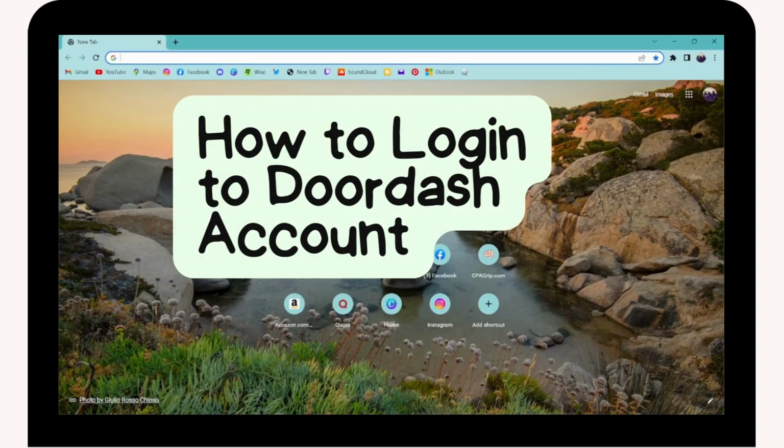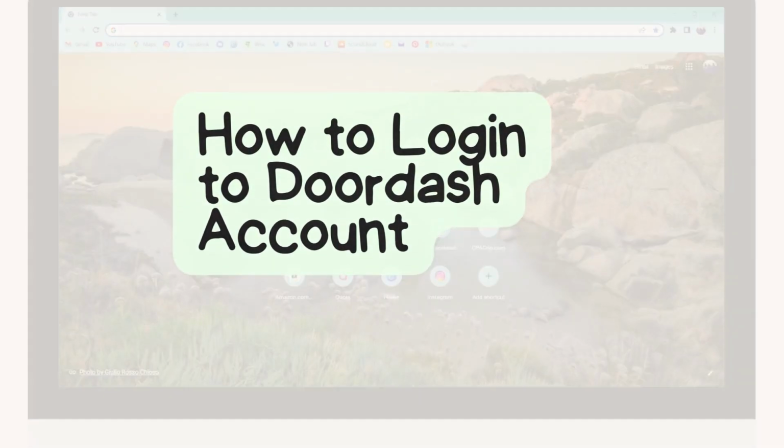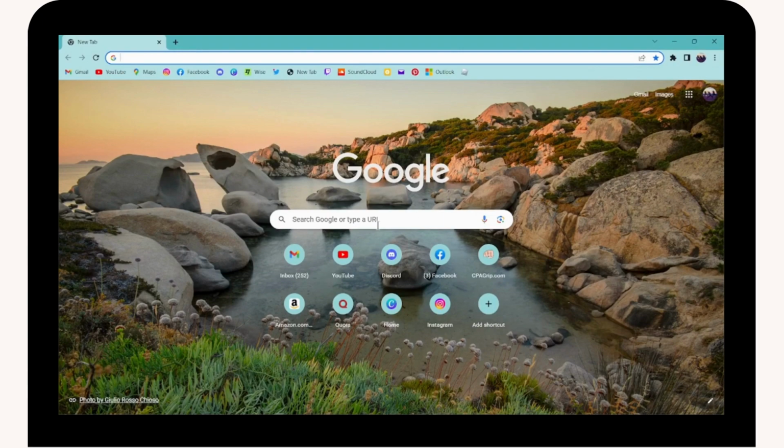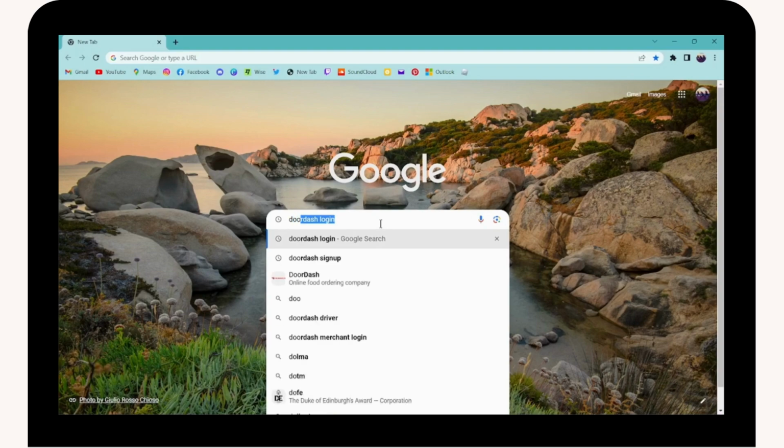How to log in to Doordash account. So if you want to log in to Doordash account, then first of all you have to open up a browser, any browser that you are comfortable with. I'm here with Google Chrome browser, and now in the search bar you have to search for Doordash